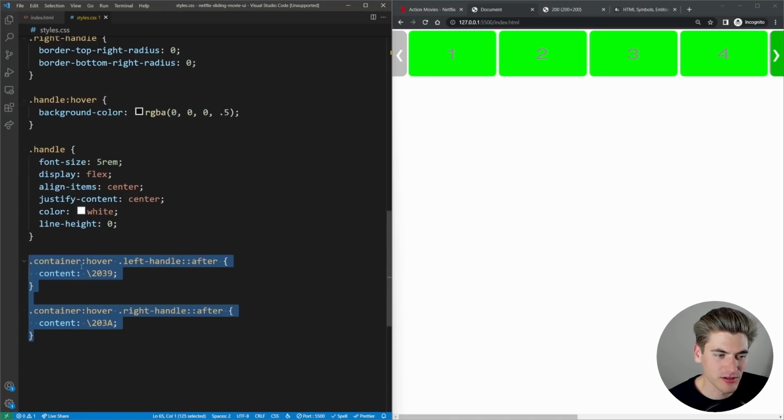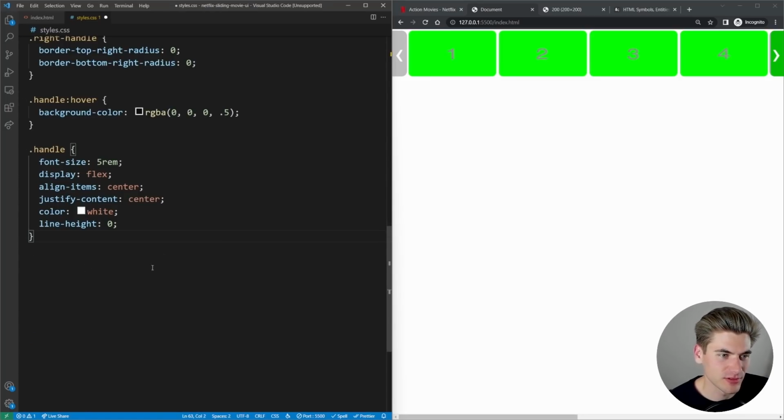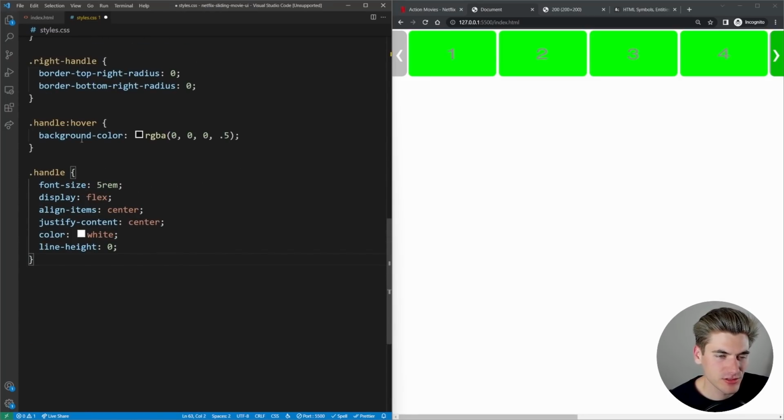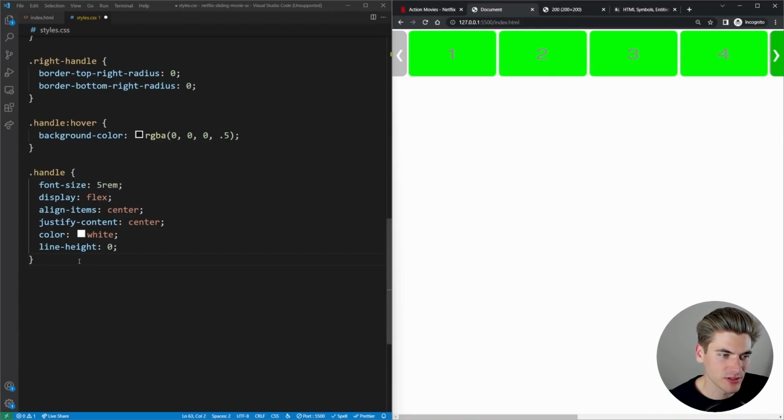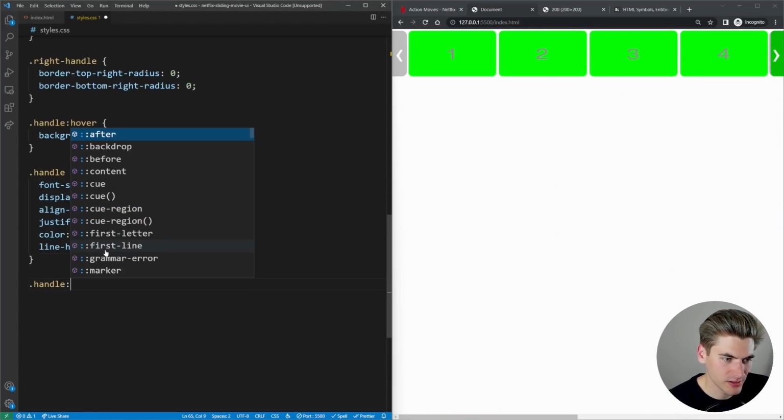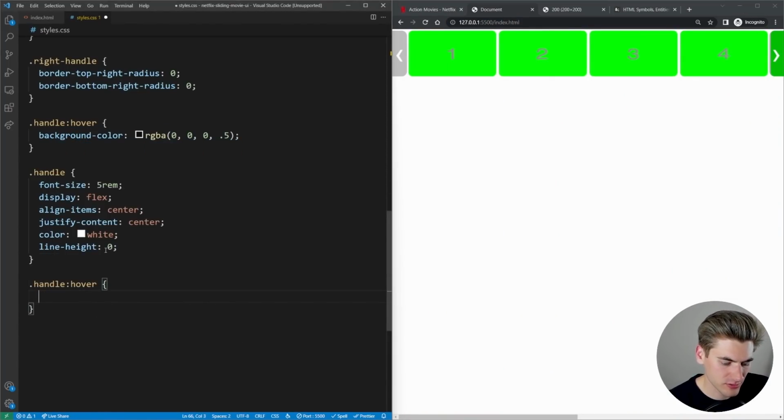And it allows us to use a button, which is honestly more important for usability. So there we go, we're darkening it when we hover over it. And I think Netflix was making the arrow a little bit bigger when you hover over it. Yeah, so we can do that too. That should be pretty easy. We can just say handle hover, transform, scale, 1.1.